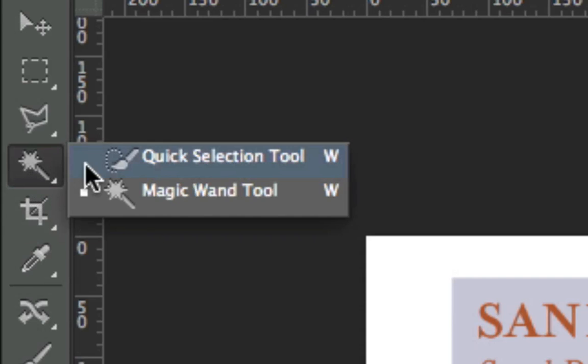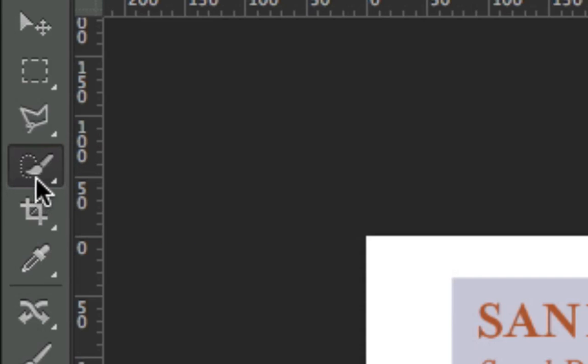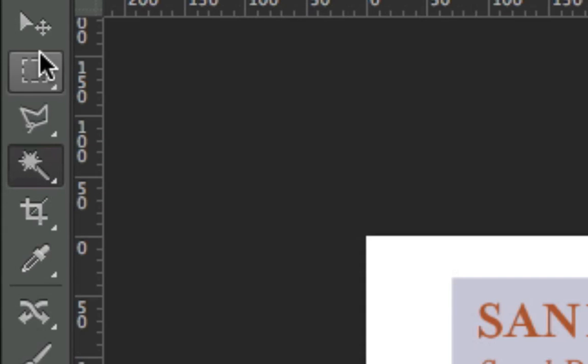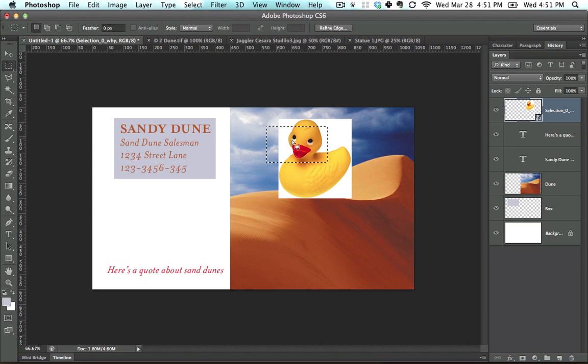Now, you might see this as the quick selection tool. If you see it looking like this, just click it and move it to the magic wand tool. And they each accomplish different things. This one allows you to select an area and is good for things such as we used it for last, creating solid shapes of colors such as we have here. This is good and works like a pair of scissors, whereas this one grabs a single color and allows you